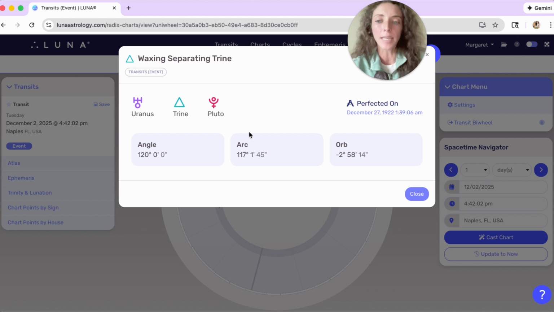That will bring up a data card, just like the chart points that we just looked at. It gives you a little bit more information. So it'll tell you specifically what's going on right now. It's a waxing separating trine. It's a transit chart. It's involving the planets Uranus and Pluto. It tells you when it was perfected, and then orb, arc, and just all the information that you could possibly